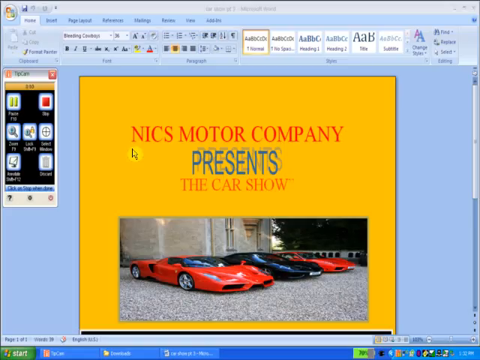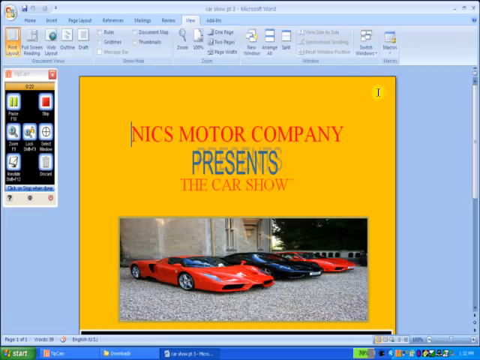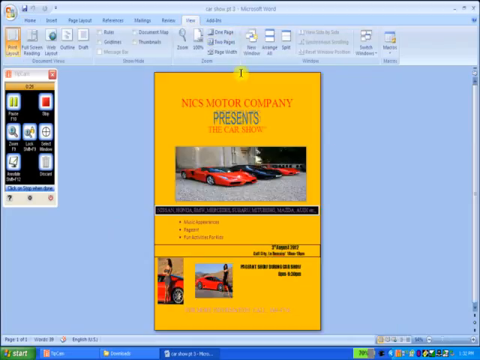Okay, so the first thing that we're going to work on is this car show flyer. And what occurred to me is anytime we're doing a flyer, the first thing we should do is work in a view where we can see the whole thing. So here we're going to go to View, One Page, so we can get a sense of what's going on